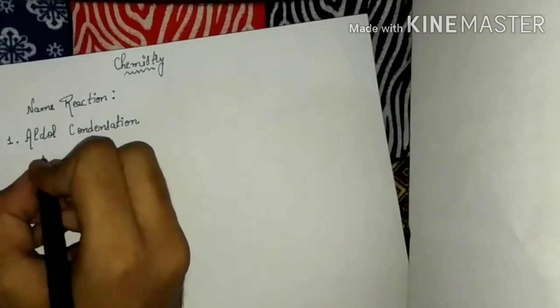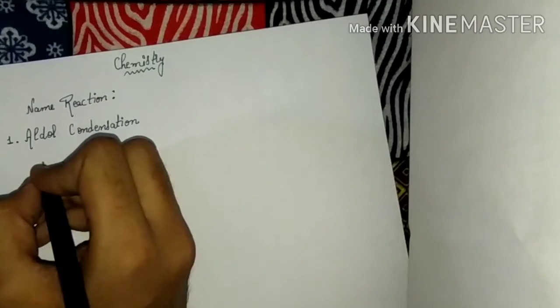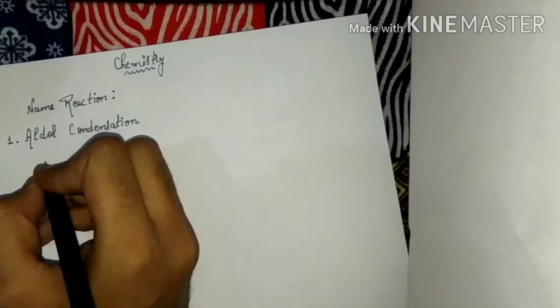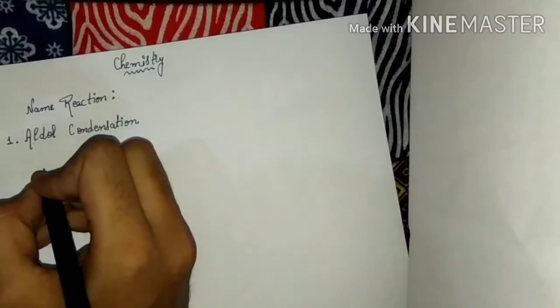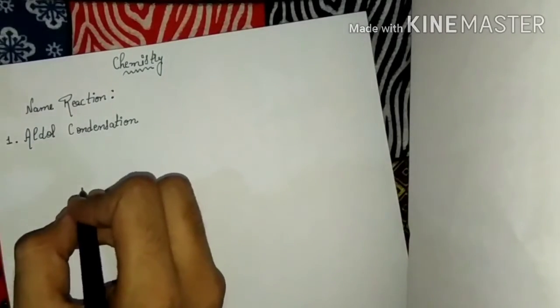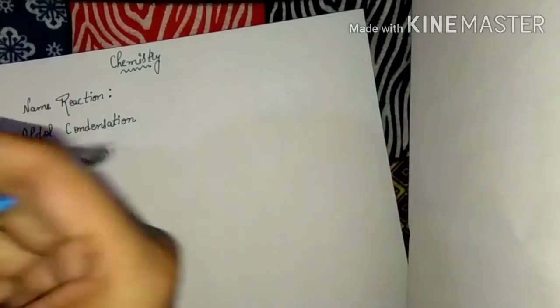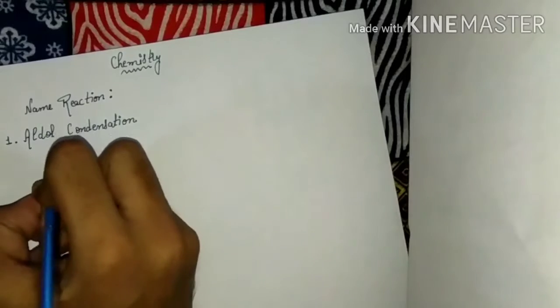Okay, so first is aldol condensation, which says two molecules of acetaldehyde, which has at least one alpha hydrogen, with dilute NaOH form 3-hydroxybutanal, which is also called aldol. If you have not listened carefully to what I have said, please go back and listen, and I am going to write the reaction for that with a blue pen.